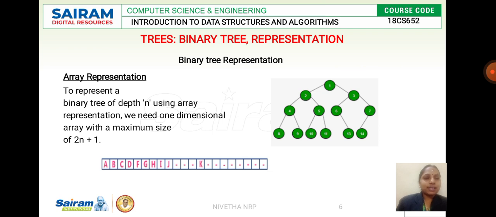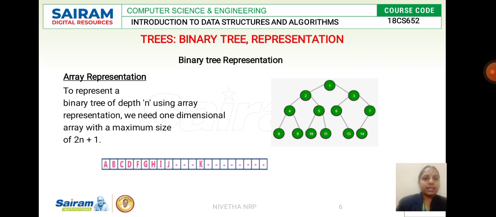Why do we say 2^n plus 1? Each and every node will have at most 2 children. To satisfy that condition, we give the maximum array size as 2^n plus 1, and we represent this tree in the form of an array.